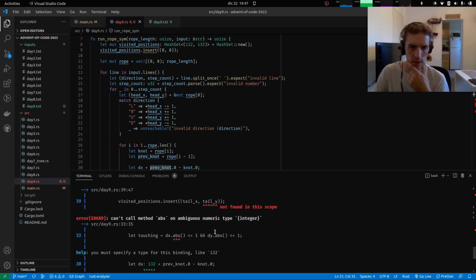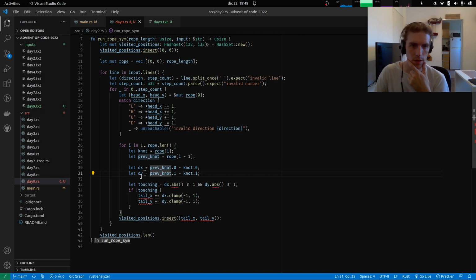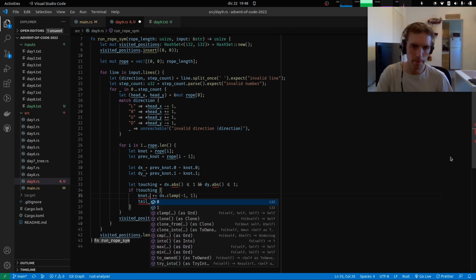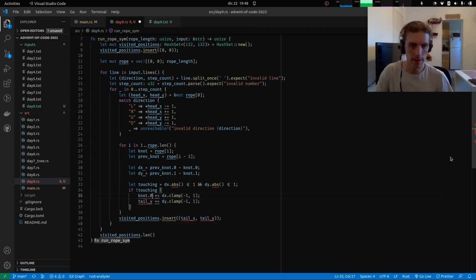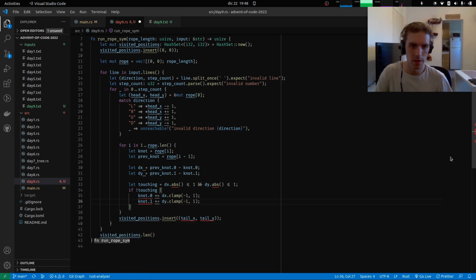So yeah, these arrows. Really? Do you need a type binding here? Like, these things are I32s. I'm not sure if that's an actual problem. Let's finish with this. So here we need to update this position. So this will be the knot X and the knot Y. First and second things, and then,